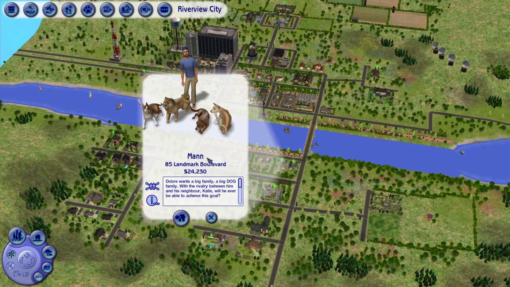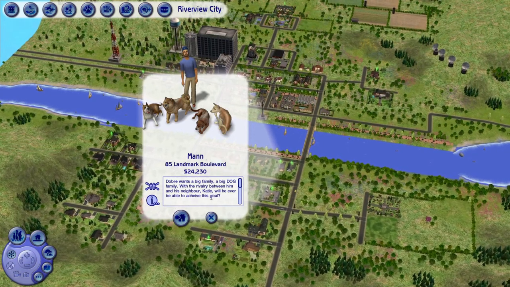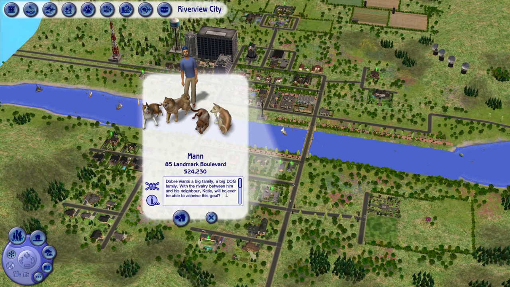Dober wants a big family, a big dog family. With the rivalry between him and his neighbour Katie, will he ever be able to achieve this goal? Okay, so there's a bit of like conflicting scenarios here. Katie seems to believe that she's going to fall in love with him, and he's like, nah, we're mortal